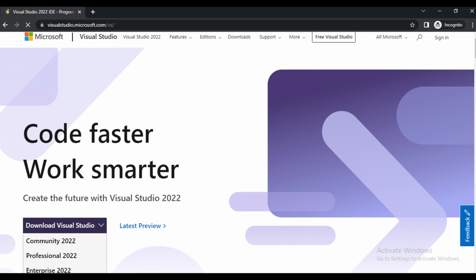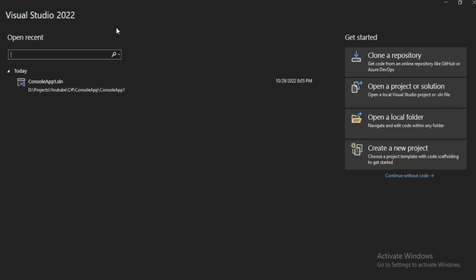So for C Sharp .NET, we should have Visual Studio as an IDE. So for that we need to install Visual Studio. This is the website you can refer to download. Once you download Visual Studio, you will have Visual Studio 2022. It will be opened like this, and here you will have options like clone repository, open a project, open existing,